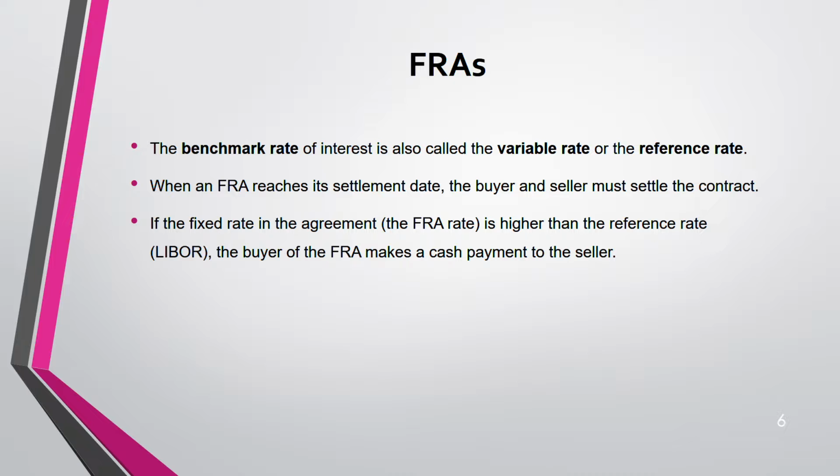See, understand this one logic, whether you're buying or selling. I know you're confused. Whether you are a buyer or seller, the fixed rate is the FRA rate. It has to come to the FRA rate. So if you are paying less than the FRA rate, you have to pay extra so that you come up to that FRA rate. If you are paying more than the FRA rate, you are receiving something so that the rate comes to the FRA rate again. No matter whether you are going up or down, it will come to the FRA rate only. The only thing you have to understand is whether you are receiving from the bank or paying to the bank. That's the only difference you need to understand.